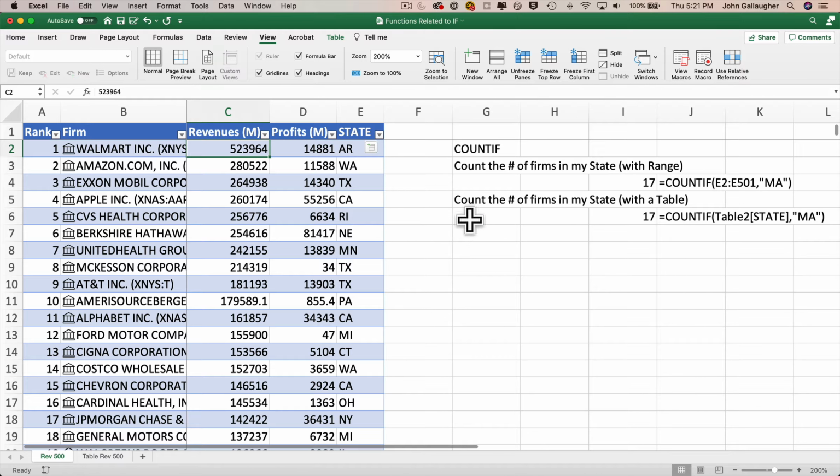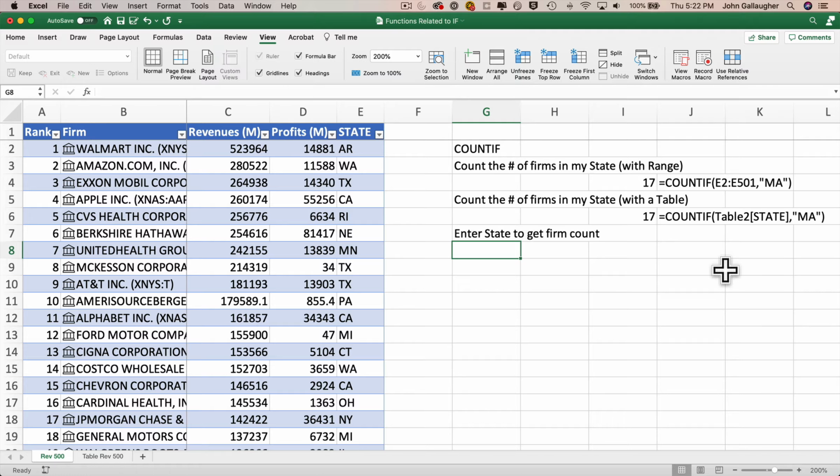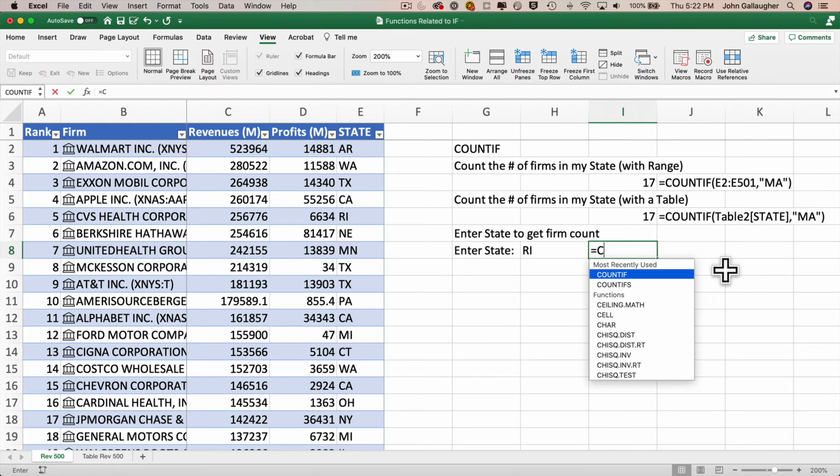Now, if you're wondering if we can set up COUNTIF so that the user can enter a state instead of hard-coding the state name, yes, we can. So let's click in cell G7 and put in some descriptive text. We'll say, enter state to get firm count. And then in G8, we'll enter the label enter state. And in H8, I'll start out with Little Rhode Island, RI,